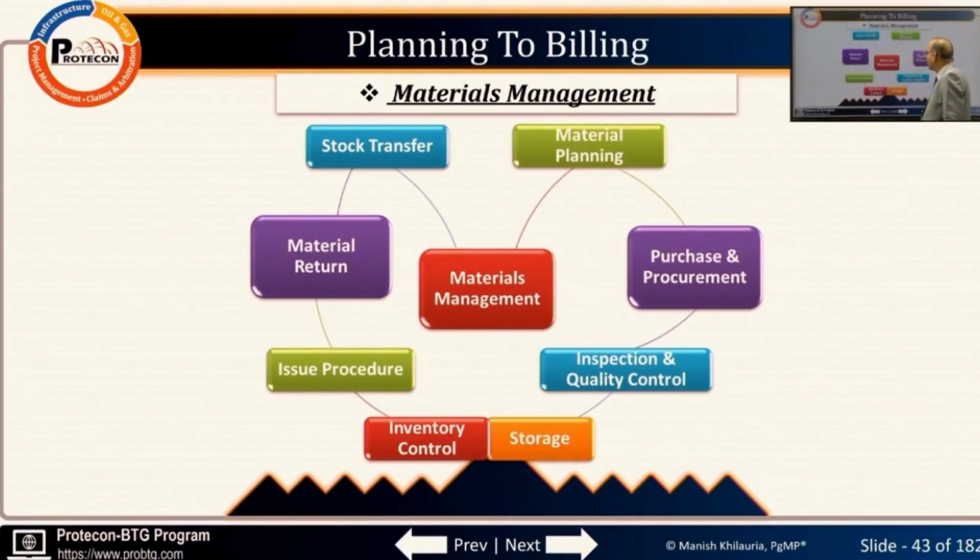Materials management, what are the elements? So materials management involves material planning. Material planning comes from the engineering. Engineering is preparing drawings. They know how much material is required, what quantities, what sizes, what specs, everything. It comes from there. Once they finalize that this much material is needed, I have